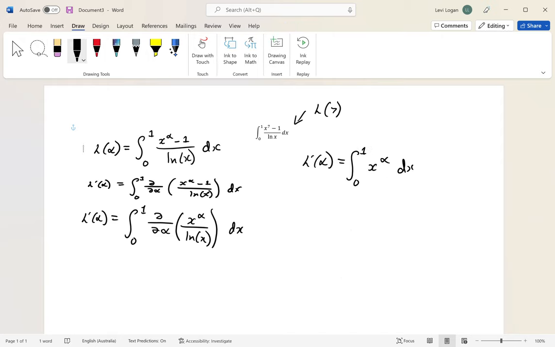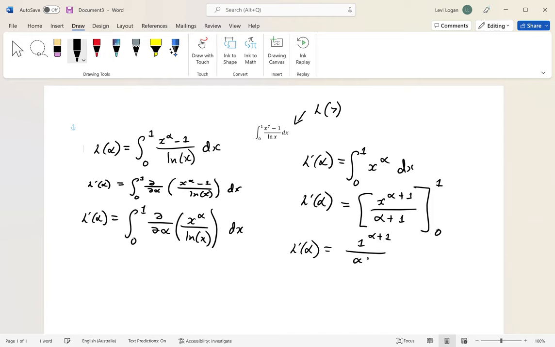So we'll just rewrite this. We'll integrate. So the way we'll integrate, recall the power rule, n plus 1 divided by n plus 1. So that's the power rule for integration, just with normal stuff. We'll do the same thing down here. So it'll be equal to x to the alpha plus 1 over alpha plus 1, from 0 to 1. We'll sub in the 1 where the x is, so we have L of alpha equal to 1 over alpha plus 1